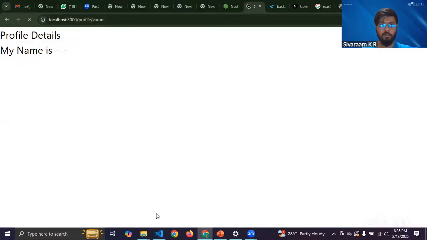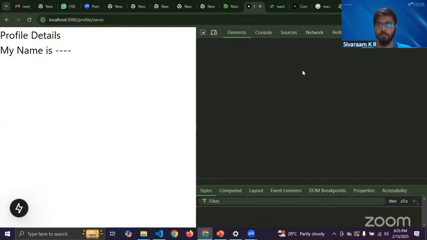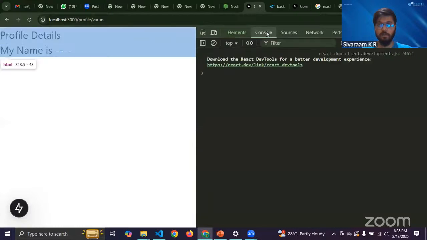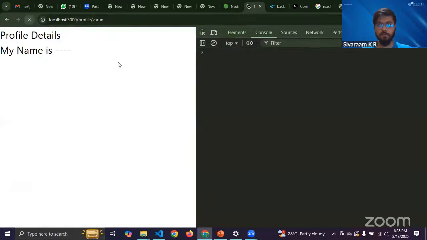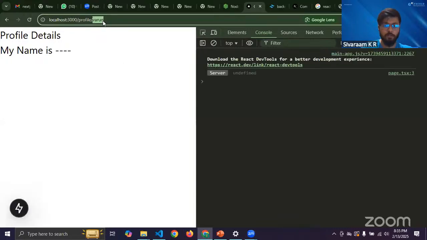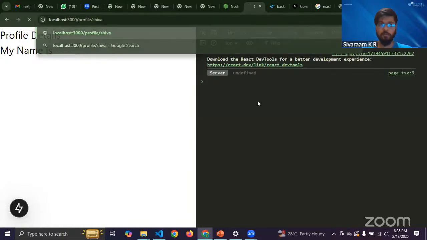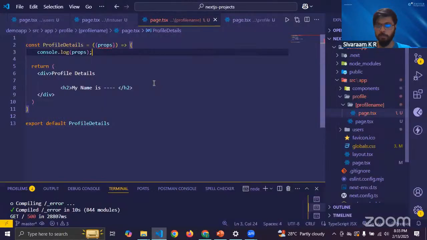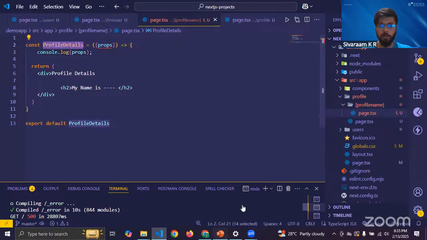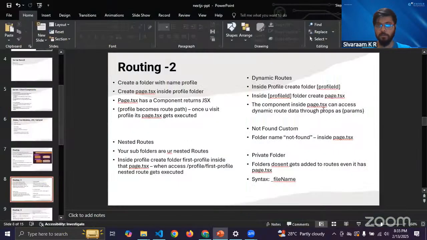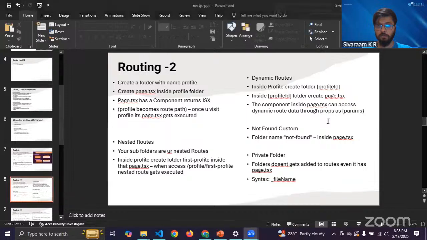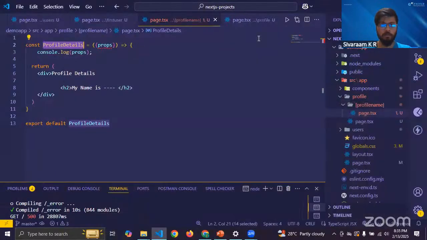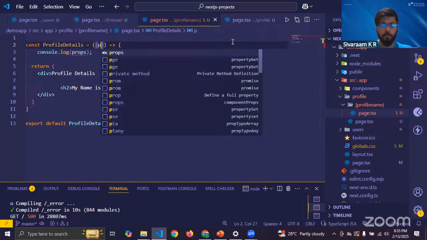So now I'll go here, right click, go to console. I'll refresh this. Profile slash. I'm getting undefined. Let me check it. Profile details. Sorry, not props, params. Got confused because the name